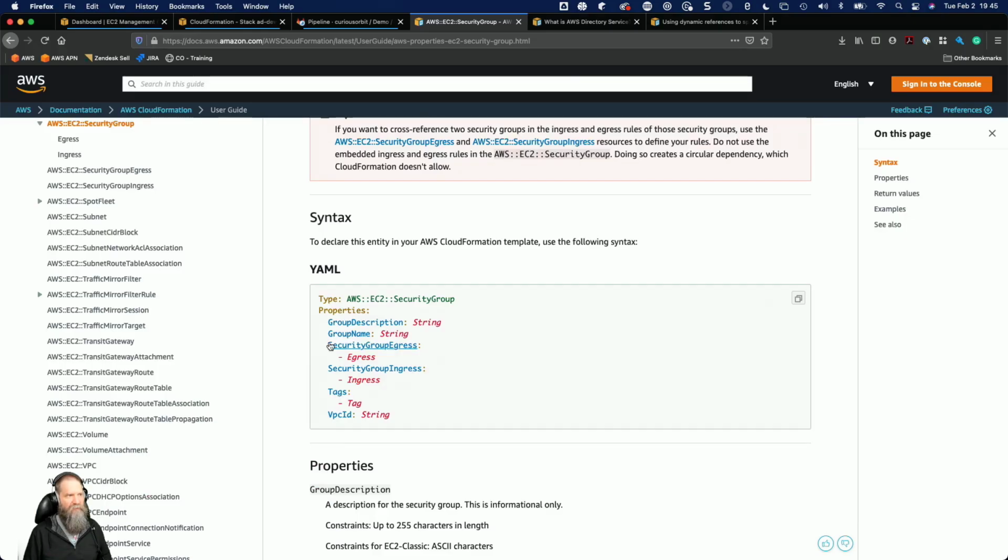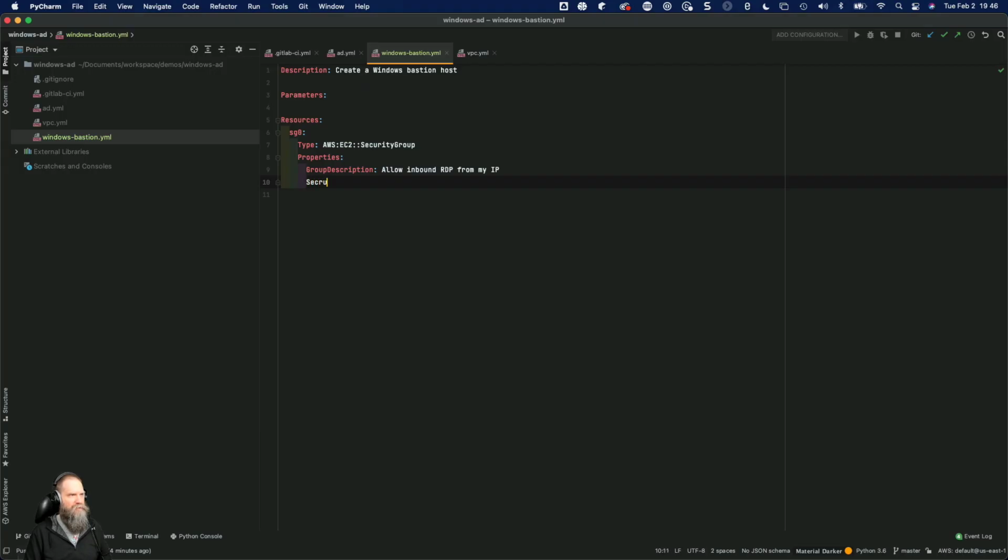I will let CloudFormation set the group name. And remember, with security groups, by default, they block all inbound traffic and allow all outbound traffic. What we want to do is modify the ingress rules on that security group. Okay, so security group